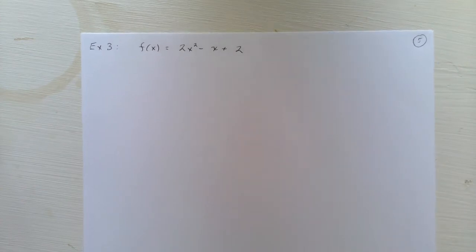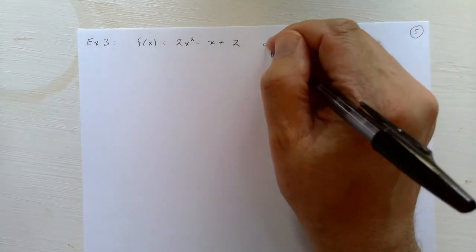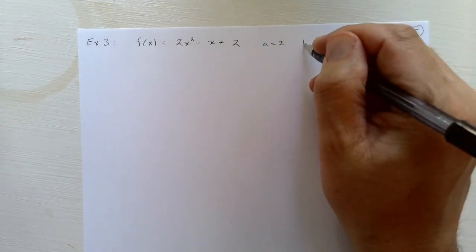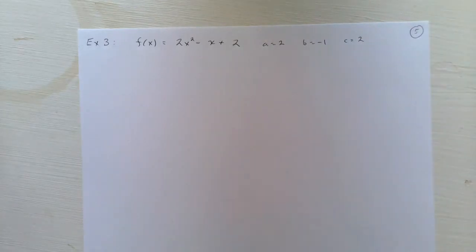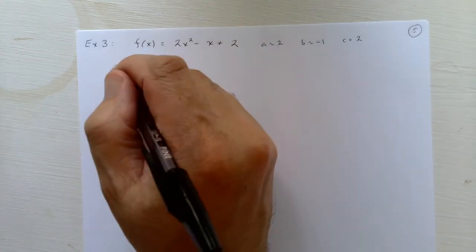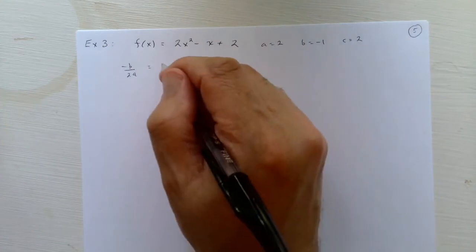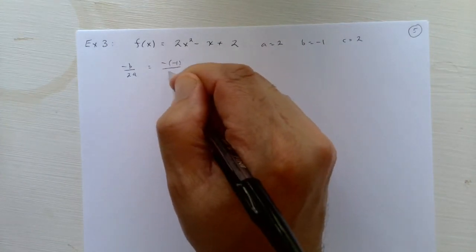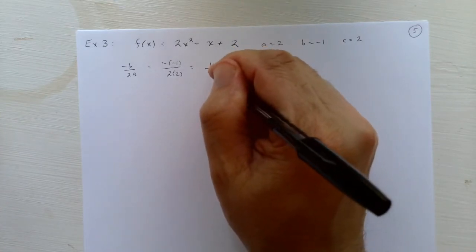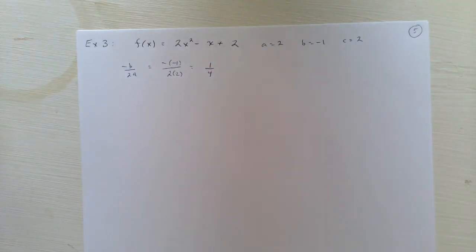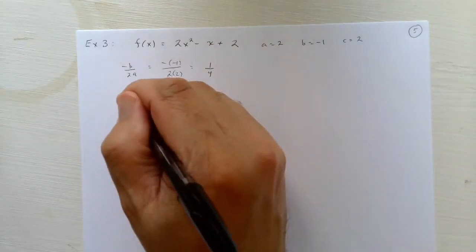So in example 3, we have a quadratic function, and we can see that a is 2, b is -1, and c is 2. So let's first find the vertex. Minus b over 2a. That would be minus -1 over 2 times 2, which is 1/4. And so that's the x-coordinate. The y-coordinate would be f of 1/4,